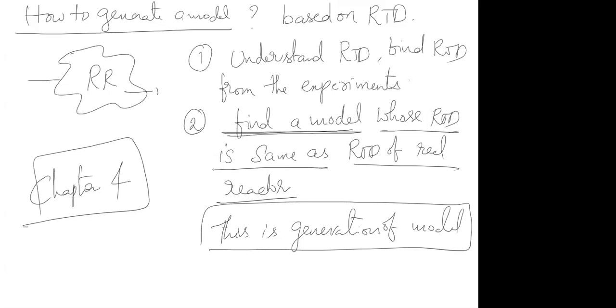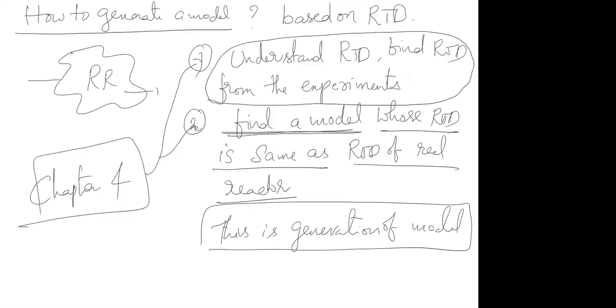What you will do is, first you find RTD, second you find a reactor model whose RTD is the same as the RTD of a real reactor. Is everybody clear up to this point? Just take 2 minutes and read back your notes again, starting from chapter 4. Now you connect the dots. How did we arrive at everything? I'm going a little slowly on the chapter 4 introduction, because if you understand the objective, then the next topics will be easy.